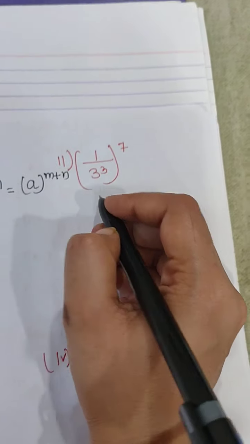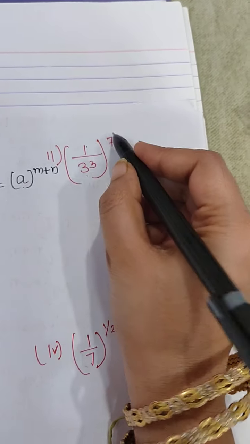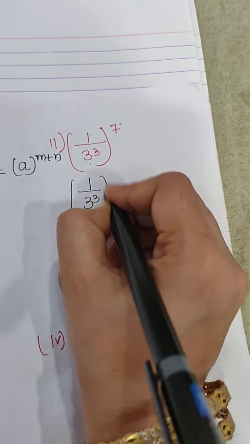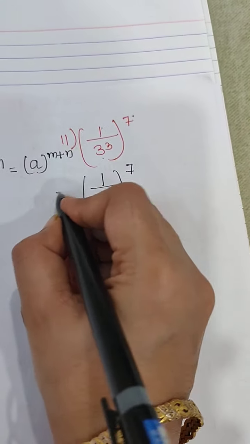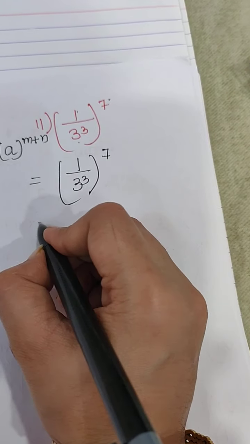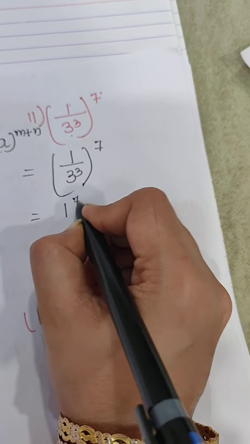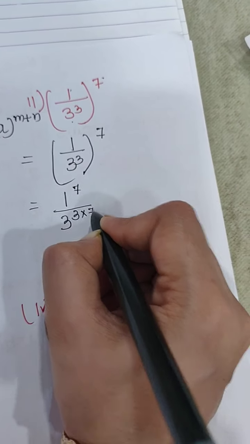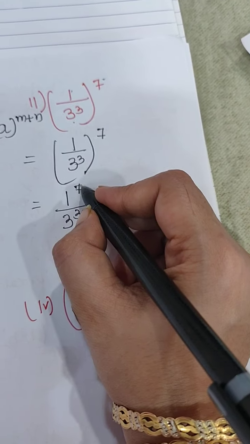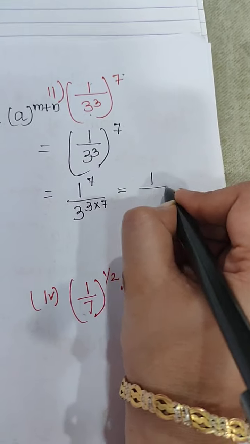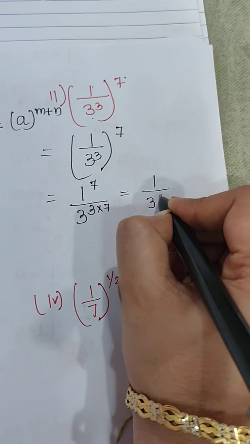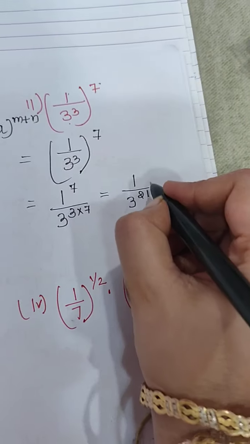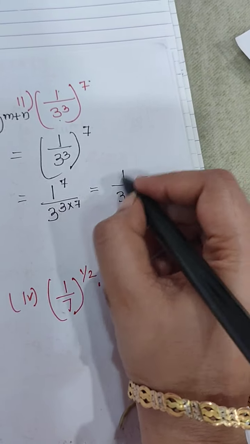Now come to the next part. Second part, power to power. So this is (1 upon 3) raised to the power 3, all raised to the power 7. So power raised to the power, multiply. So 1 raised to the power 7, then 3 raised to the power 3 into 7. As 1 raised to the power any number will be equal to 1 only, and 3 raised to the power 21. And how will we write this? If we want to simplify it more,